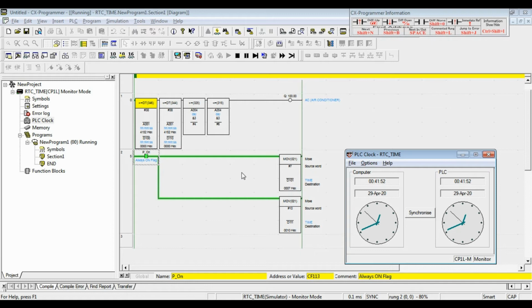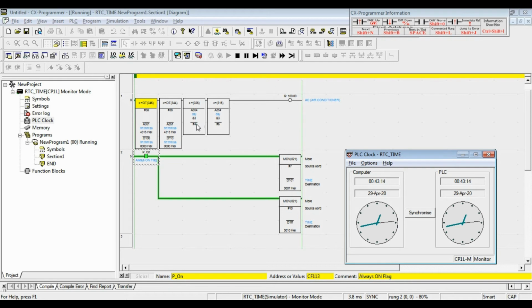The first move instruction transfers the value of 7 as time setting to memory D100. The second move instruction transfers the value of 10 as the time setting to memory D110. So the program will work from 7 to 10